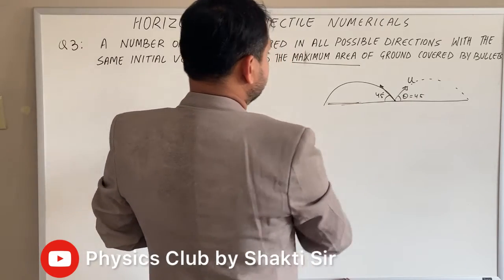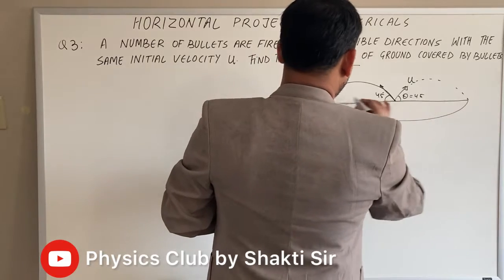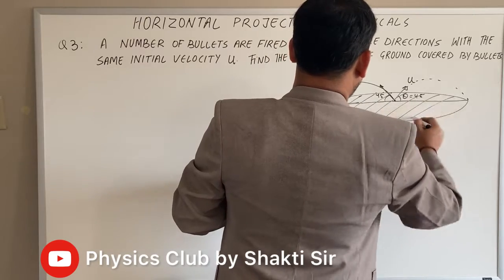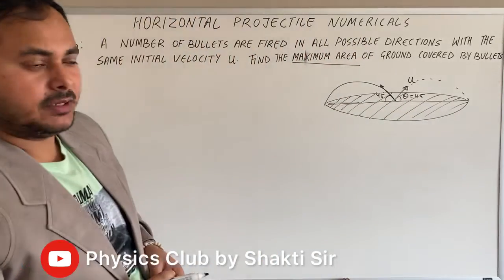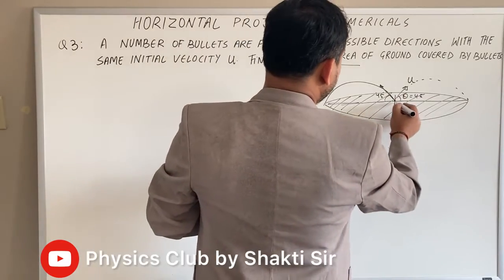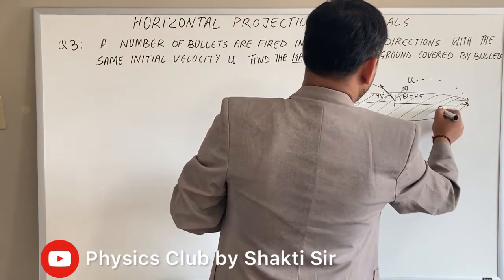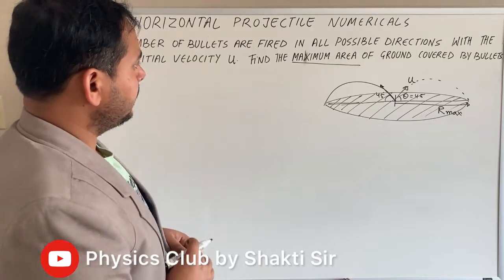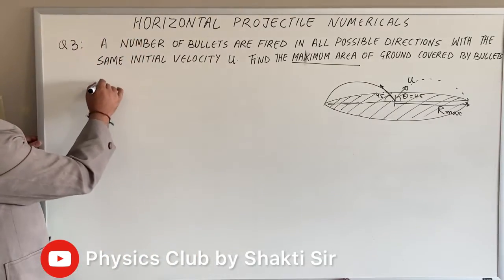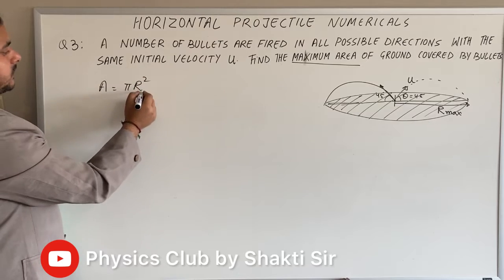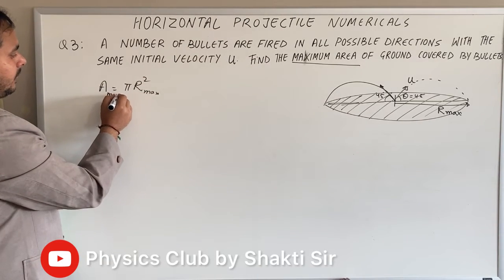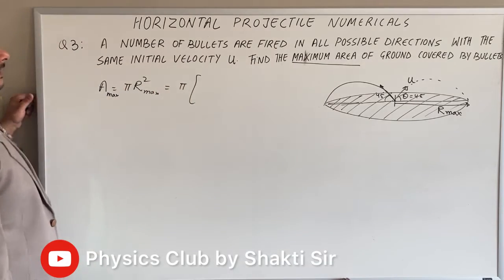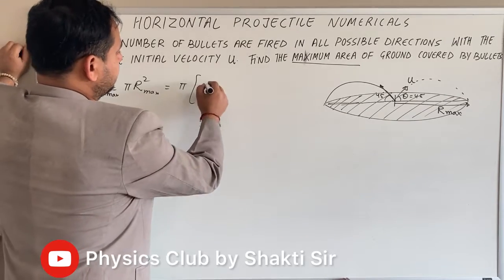So here the maximum area is like a circle. This circle is the maximum area, where the radius of the circle is equal to the maximum range. Range maximum is the radius of the circle. So the maximum area of the circle is equal to pi r square, and for the maximum area the range should be maximum. Here pi, and the formula of range is